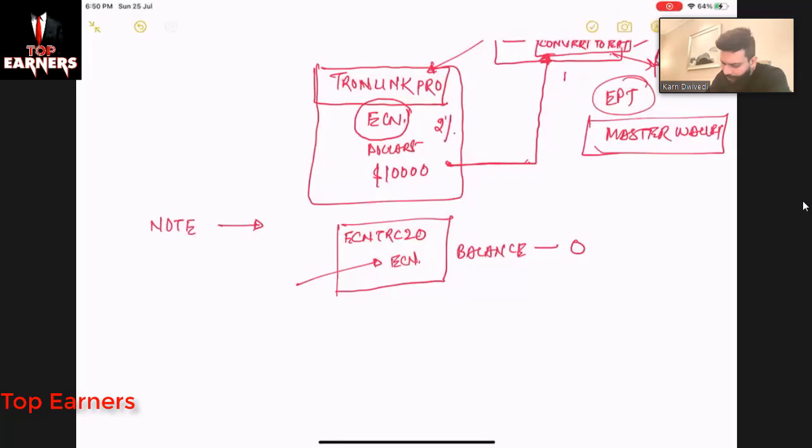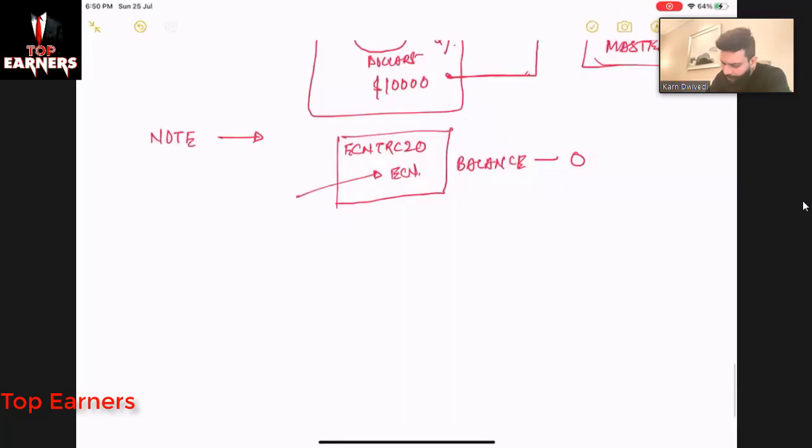Suppose before activating your ECN TRC20 wallet, you know that for activating the ECN TRC20 wallet you have to deposit 1 TRX to your ECN TRC20 wallet. Make sure you deposit here, nowhere else. So you know how to activate your wallet.